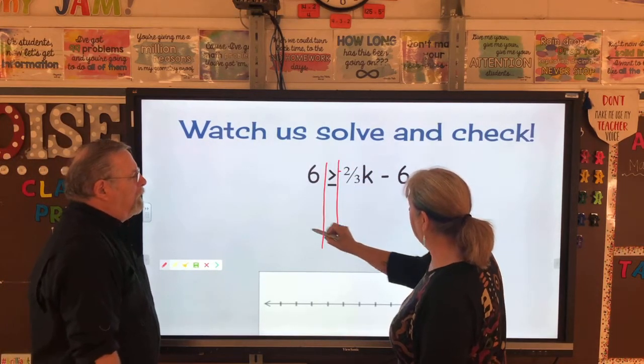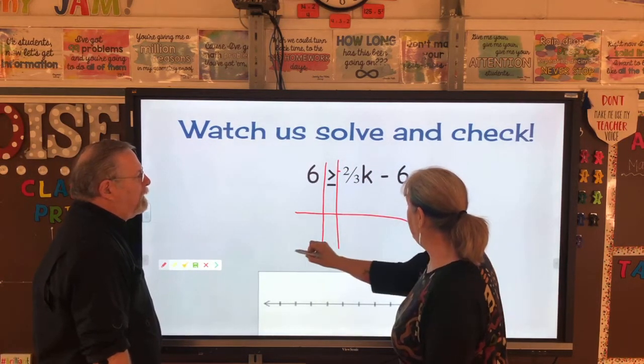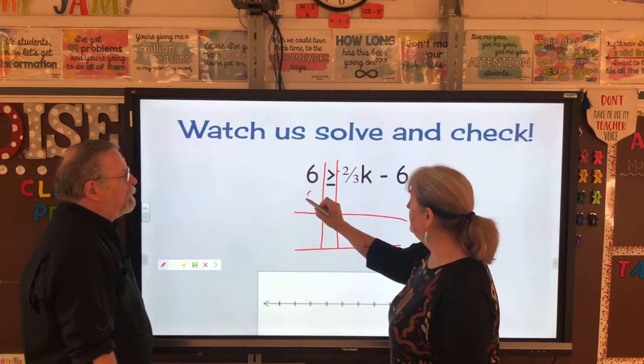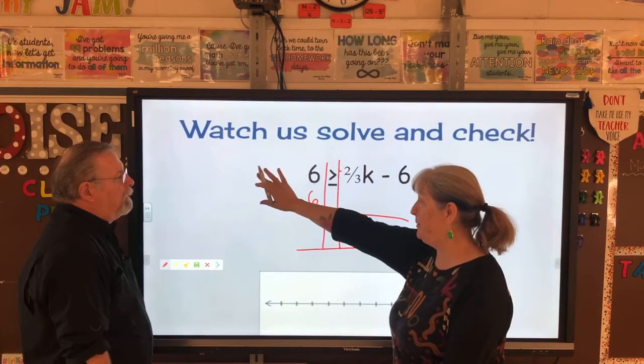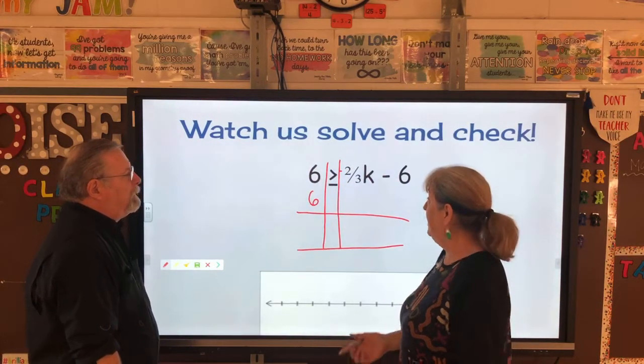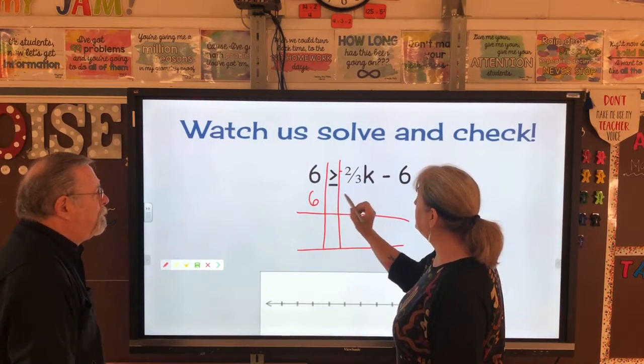Here, I'm going to go ahead and get my elevator ready already. Okay, so 6. I know you guys don't usually like it when the variables are not on the left, but sometimes that's how you see them. That's the way it works. Right. So 6